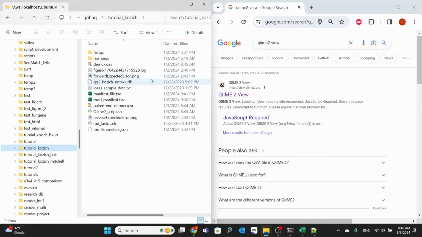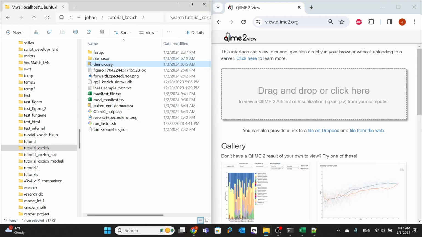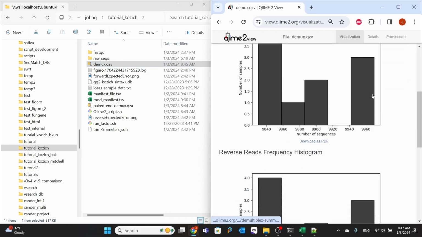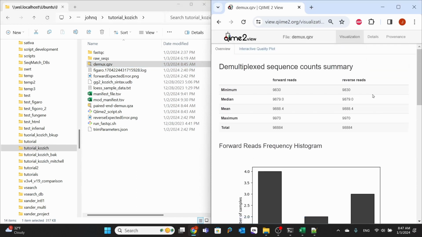So here we have the files. We can see the demux.qzv is a visualization file. I want to load that into Qiime2 view, so you can search for it in Google like this. Click here. Then you can just drag and drop that file over like that, and you will get a display of the